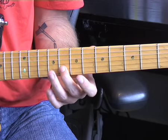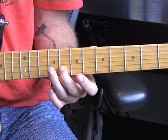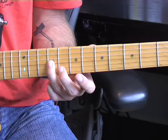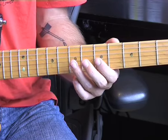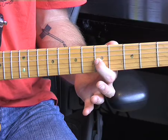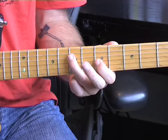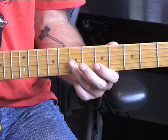And now we're going to use here the 2nd finger on the 8th fret of the 2nd string. Back to our note at the 9th fret with the 3rd finger and slide it back 2. And we're going to finish it off with 1st finger, 5th fret, 3rd string. That's just putting the 3rd finger over there to the 7th fret of the 4th string. So the whole lick is...